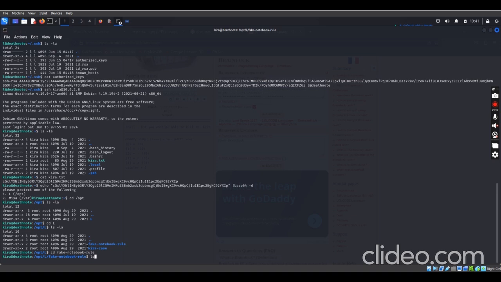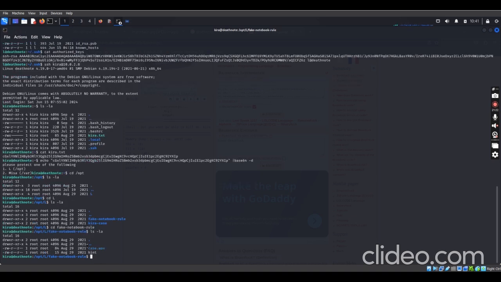Now I'm here. So I list out all the files here, and here we have two files: a .wav, which has the extension of an audio file. Audio files sometimes come in MP3 and sometimes come in .wav. So I'm going to cut this, and we also have hints there. So we'll take them one by one and see what is in this.